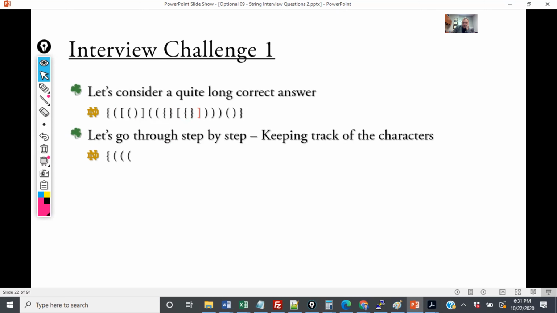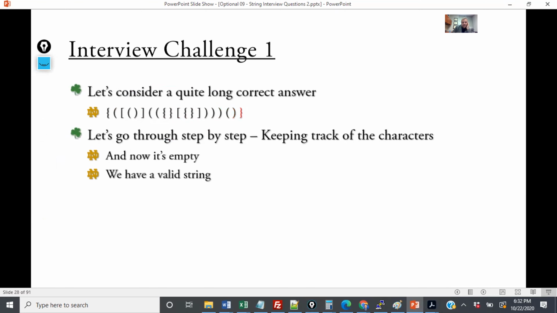Now we can take off bracket, a parentheses, got another parentheses, and now we have this one, and we see that this one matches over here. So that's good. We're keeping track of everything. So we can even add another pair of parentheses here, and we're going to see that it goes up, and then we delete it from the second one. And then we get to that very last bracket, and now we delete it, and we have an empty string,